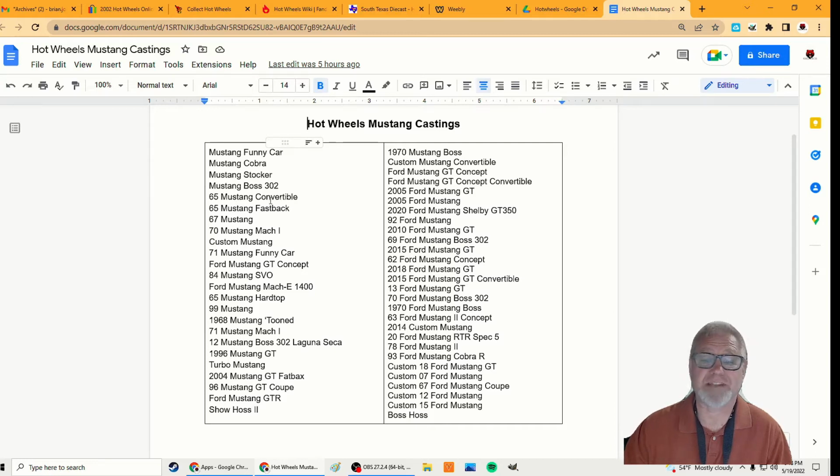There's a 65 Mustang convertible. There's also the 65 Mustang fastback. But you might also find the 65 Mustang hardtop. These are all the names that you would find on the blister pack when you bought it at the store. That's what it would be called. So in some cases,